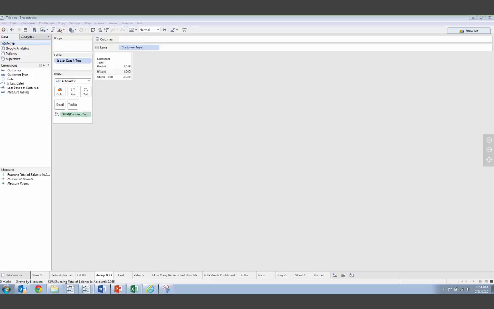My thinking about rank is, if I want the absolute rank of something, so 1, 2, 3, 4, 5, and so on, that's where level of detail is going to be really difficult. But if I want to use it just to get the relative ordering, absolutely.